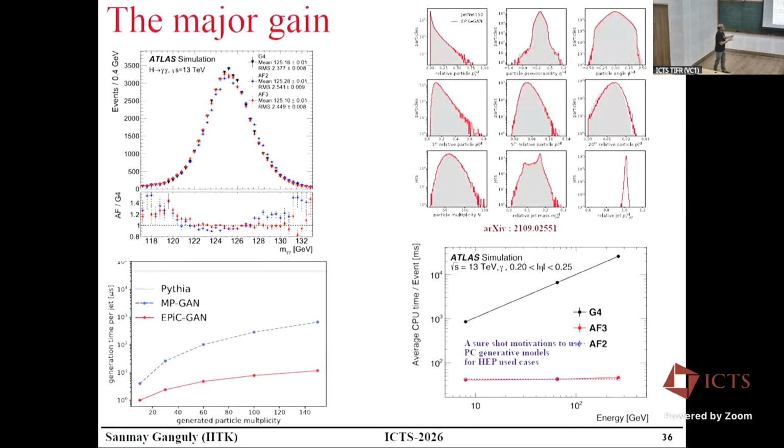And here is the money plot I would tell you to pay attention to. So here you can see that these are actual simulations, which the black dots take hours to actually make. These are Geant4 simulations. But then these are fast simulations, which have something like Higgs to gamma-gamma simulation, which are perfectly emulating the actual Geant simulation. So physics performance-wise, there is no loss of performance. So where is the gain? The gain is in the time to produce such simulations. So you can see that the more the energy of this.